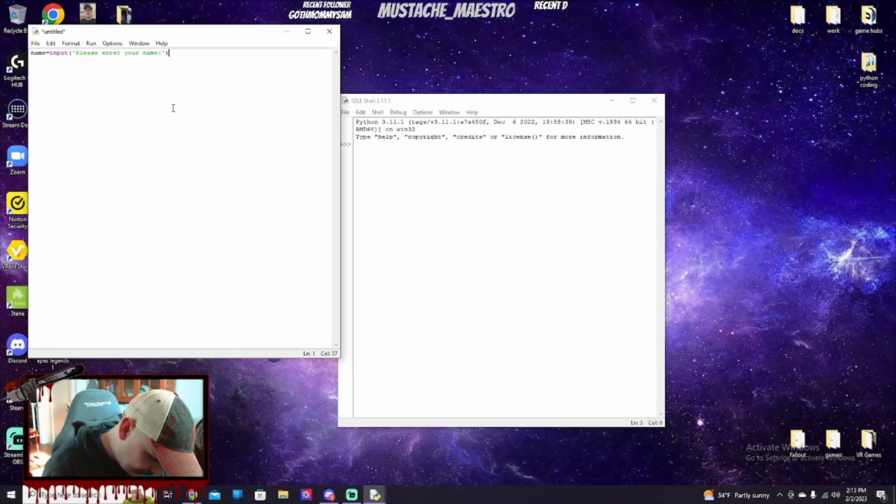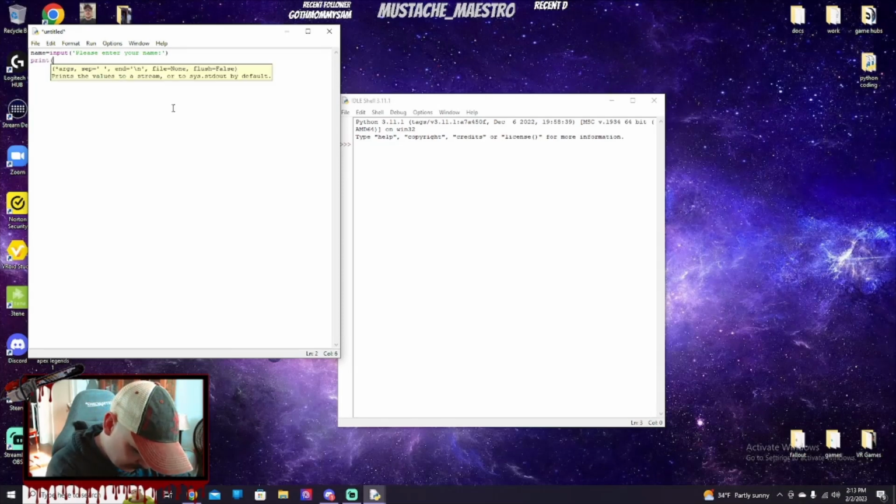Next, add a statement to output both a string and the value stored within the variable. Okay. So print hi and then